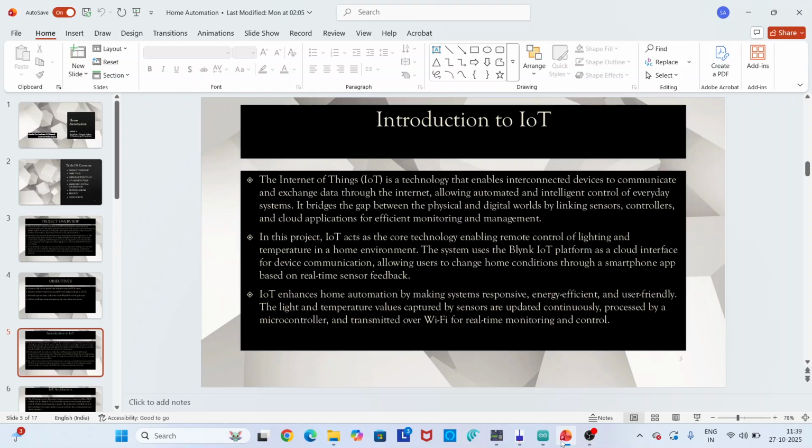Next, introduction to IoT. IoT is a technology that enables interconnected devices to communicate and exchange data through the internet, allowing automated and intelligent control of everyday systems. It bridges the gap between the physical and digital worlds by linking sensors, controllers, and cloud applications for efficient monitoring